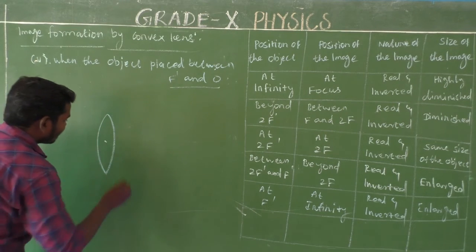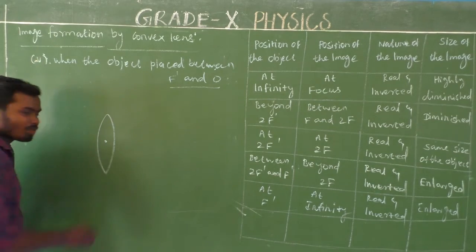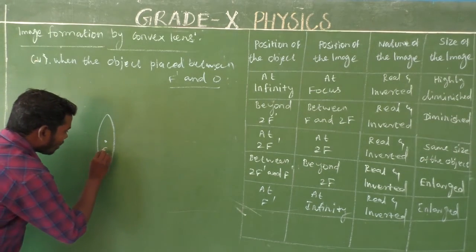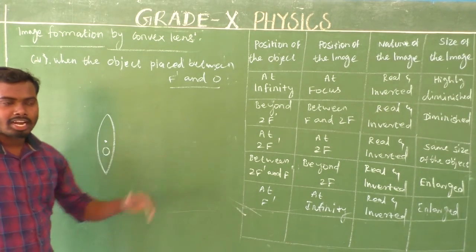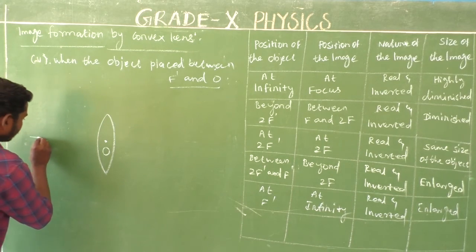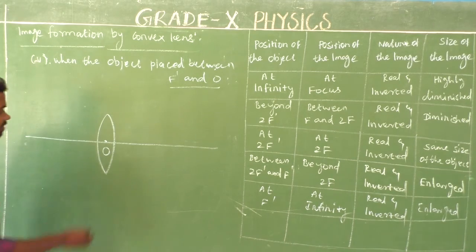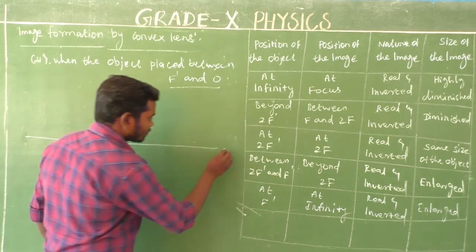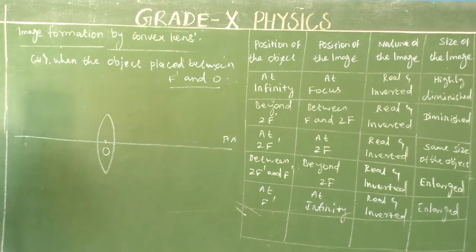So consider a convex lens, the very beautiful convex lens. The center point of a convex lens, what is that? That is the optical center, denoted by the capital letter O. Am I right? Yes. Next, an imaginary line which passes through the optical center, that is the principal axis. Look here, this is the principal axis.